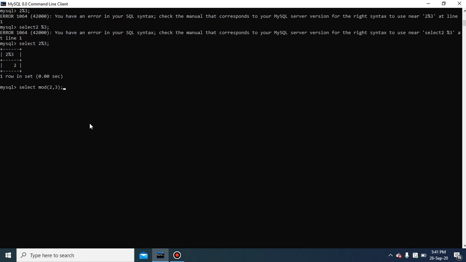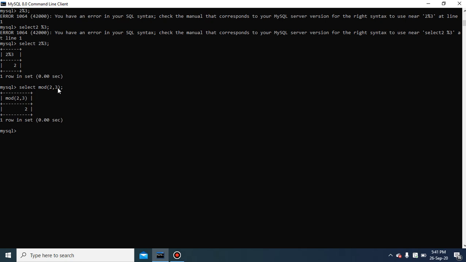So the mod function returns the modulus or remainder of the given 2 numbers. We have provided 2 numbers here, so it returns their remainder. So 2 modulus 3 or mod(2, 3) returns 2. As you can see here, the output is the same. Okay.